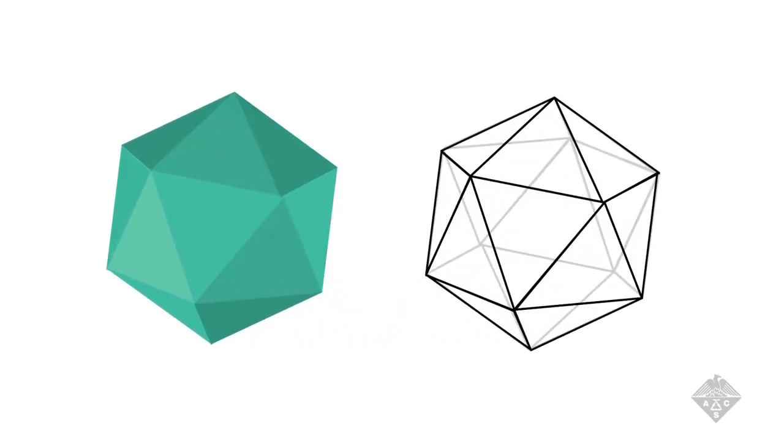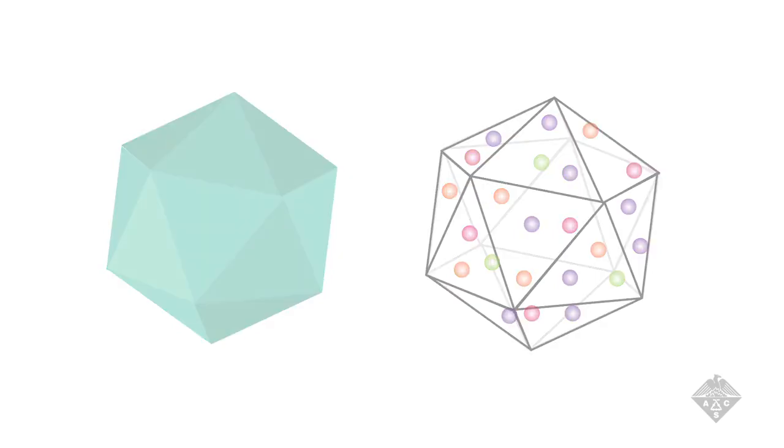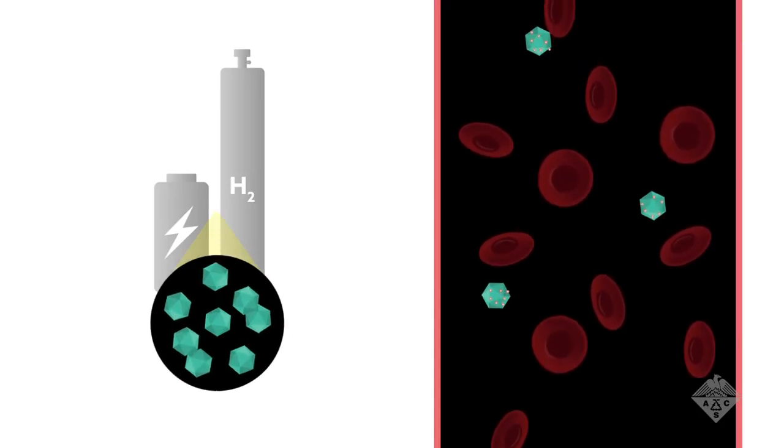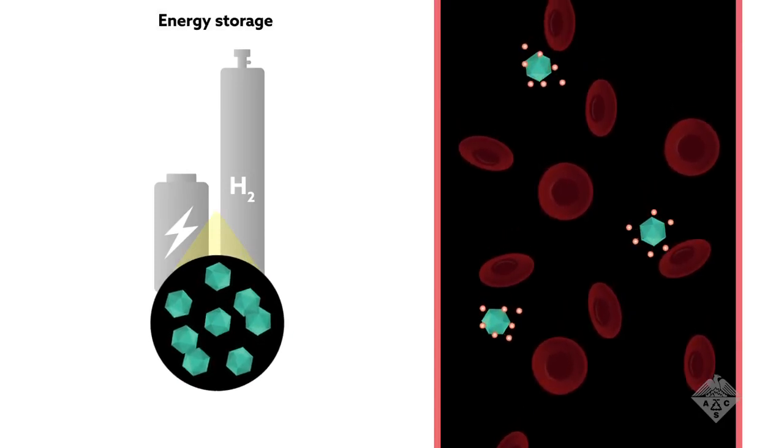An up-and-comer in the nano world, MOFs consist of metal ions, or clusters, linked to organic molecules. This structure makes for highly porous crystals, capable of storing and releasing chemicals like a sponge. Over the past 2 decades, chemists have created thousands of MOFs whose potential applications range from energy storage to drug